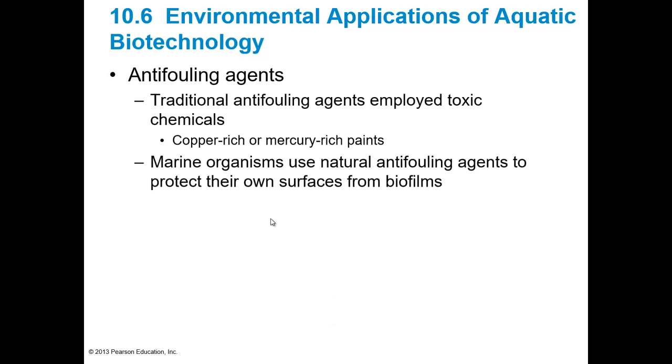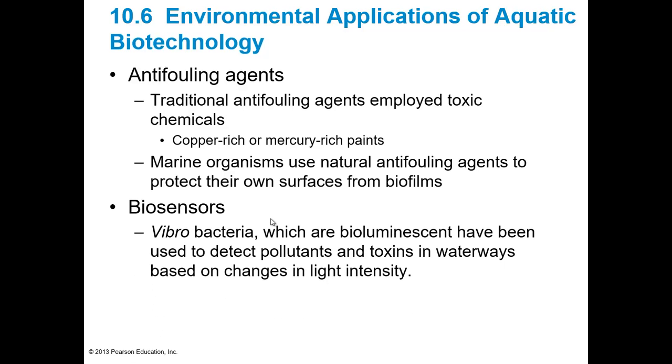Okay, so anti-fouling agents. Traditionally, these were toxic chemicals, things like copper-rich and mercury-rich paints that you don't want in the marine environment. So now they're looking for natural anti-fouling agents from marine organisms that protect their own surfaces. Okay. Also biosensors,